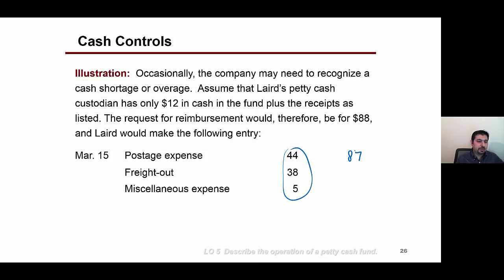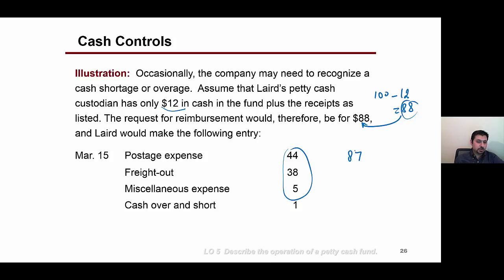However, here we have only $12 in the petty cash fund. So the custodian will always request 100 minus whatever is in the petty cash fund. This is why they will request $88 and not $87. However, they have receipts only for $87. In this case, there's basically $1 missing, and at this point the company will use an account that is called